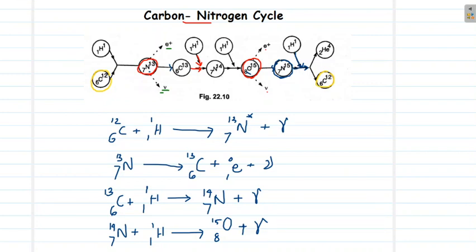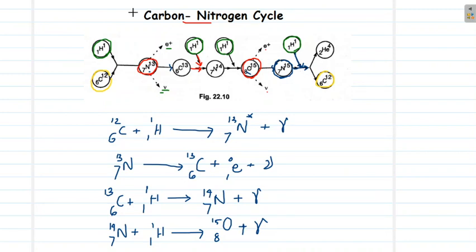So if you look at what are the parties that are getting consumed in this reaction, we can see one proton here, the second proton is here, the third proton is here, the fourth proton is here. I call it proton because a hydrogen nucleus is simply a proton. So you can call it a hydrogen nucleus or you can call it simply a proton. So in this process, 4 protons or 4 hydrogen nuclei are combined.